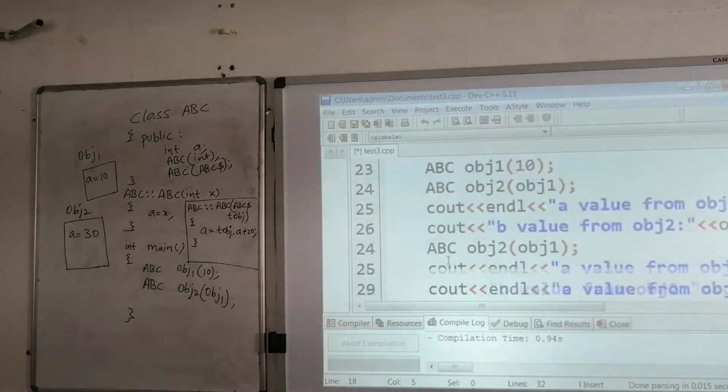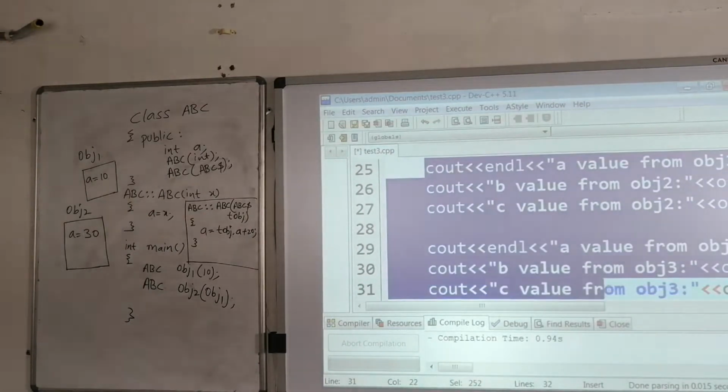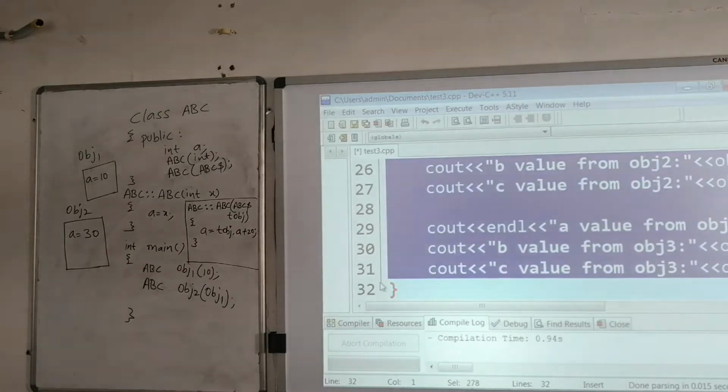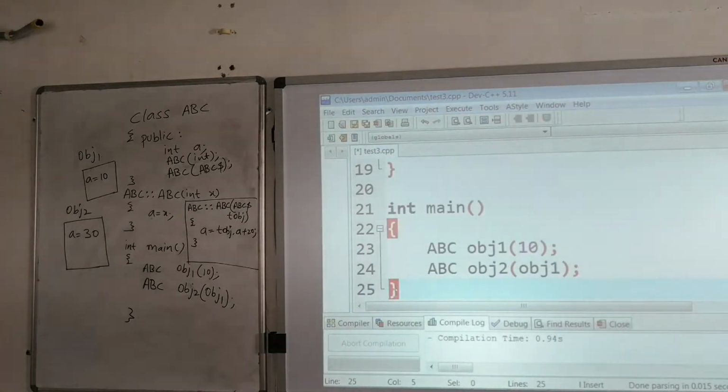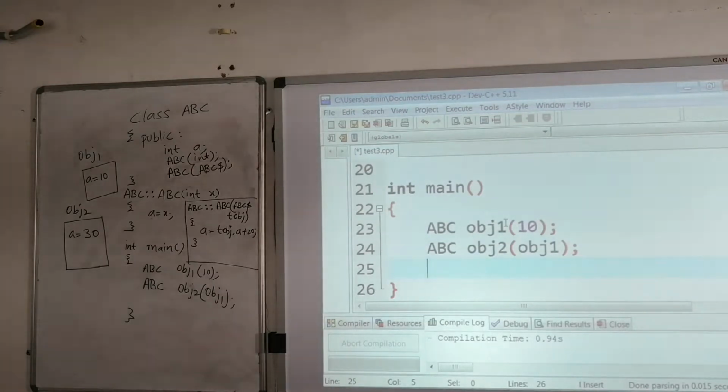So now if I print the value using cout statement, how will things be? Quickly you see. After this, I will print all the values. We are going to have two data members, one inside OBJ1 and the other inside OBJ2. So OBJ1's A will become 10, and OBJ2's A will become 30, from this copy constructor. Clear?